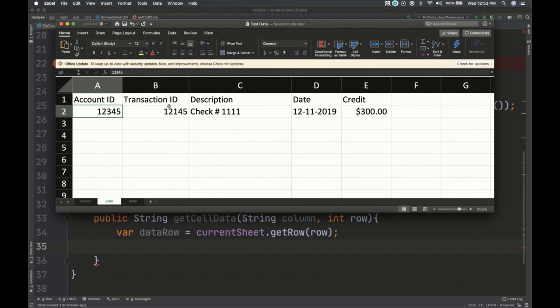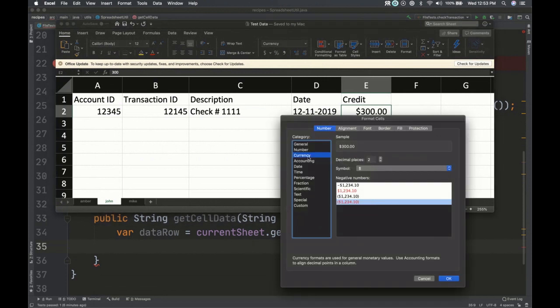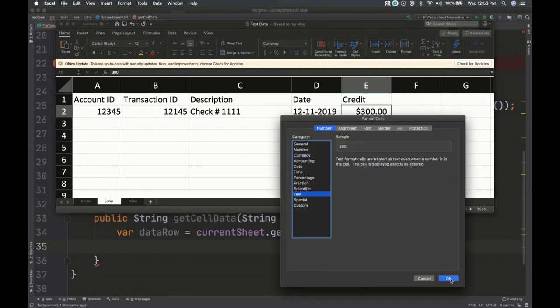So this is going to be an integer, this is going to be an integer, this is a string. This is going to be a string because we changed it. And then I think this might be a string because of the character. Oh, this is a currency, right? Yeah, let's change it to string.